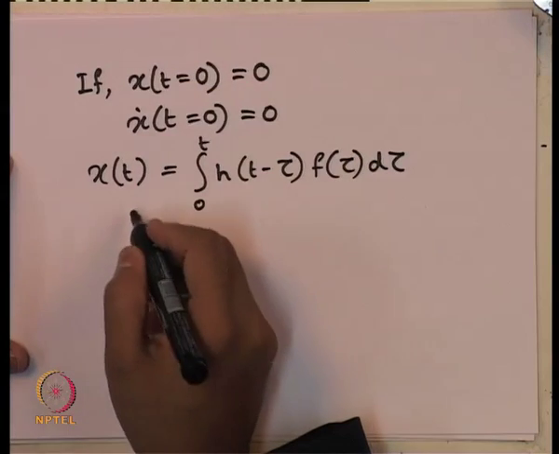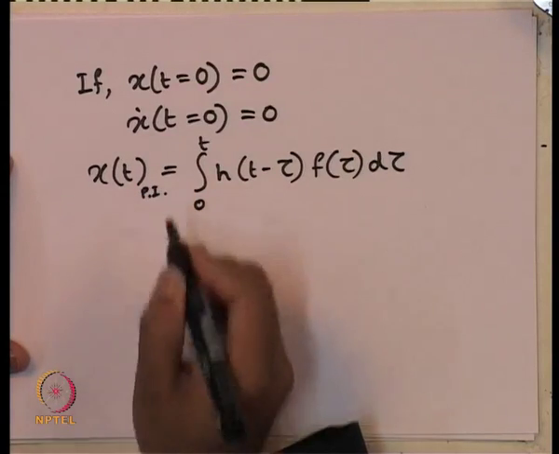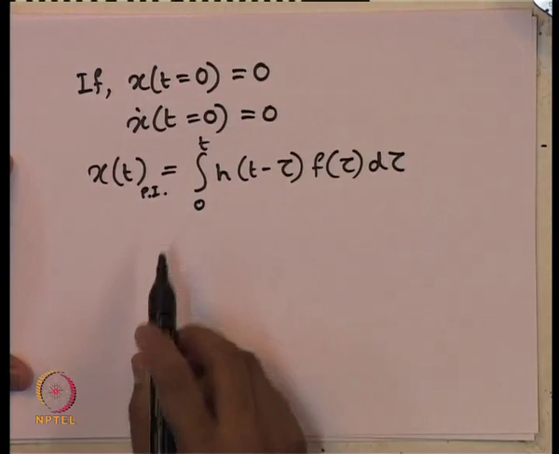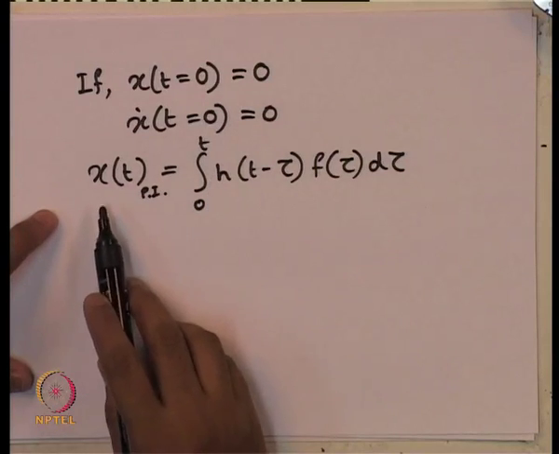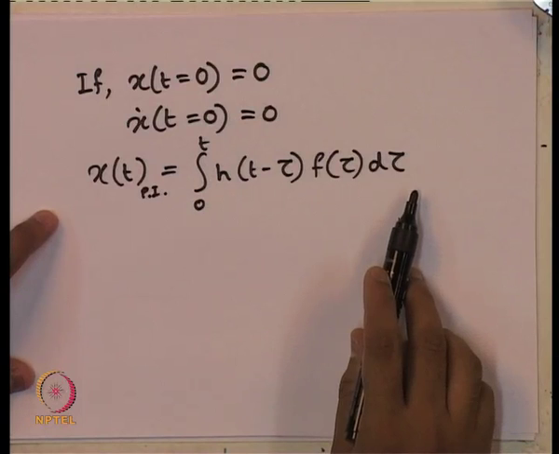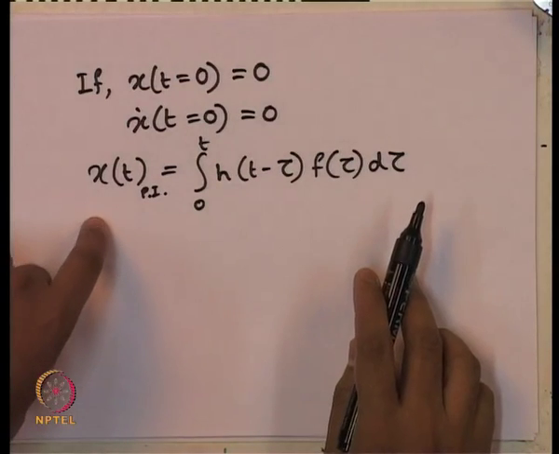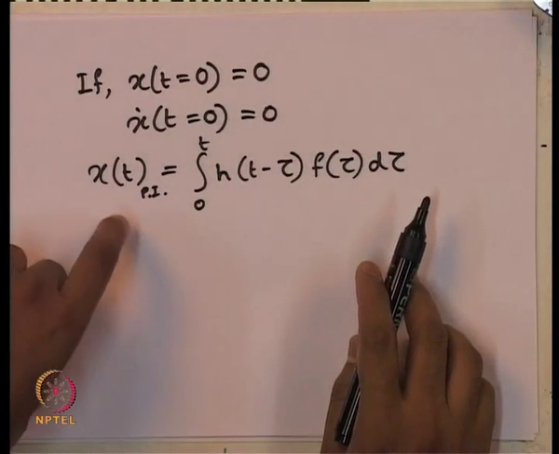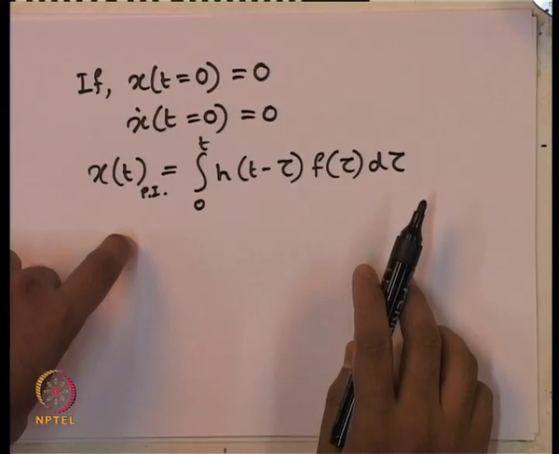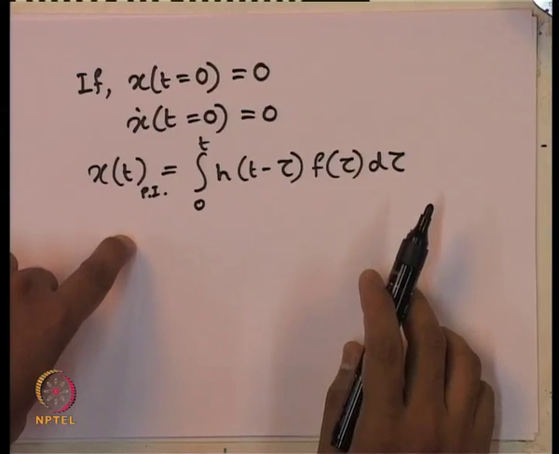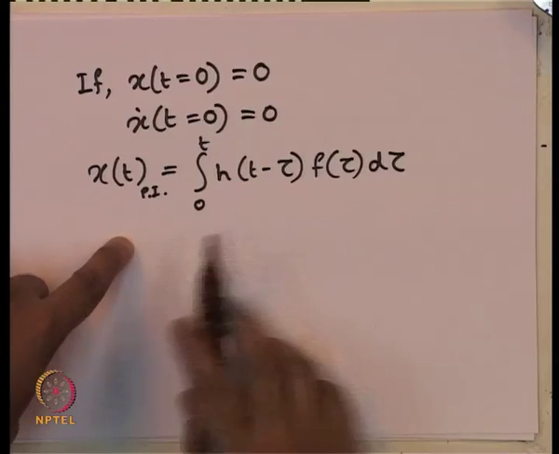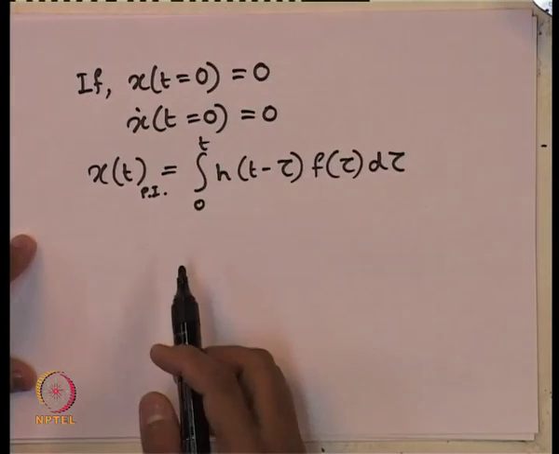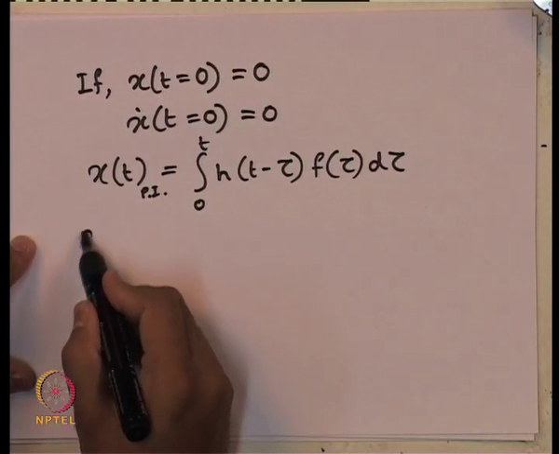I am talking about only the particular integral part. In that case, when the body starts from rest, this gives us the steady state response. Particular integral part always gives us the response at time t tends to infinity, right. So, this is nothing but the steady state response, that is called